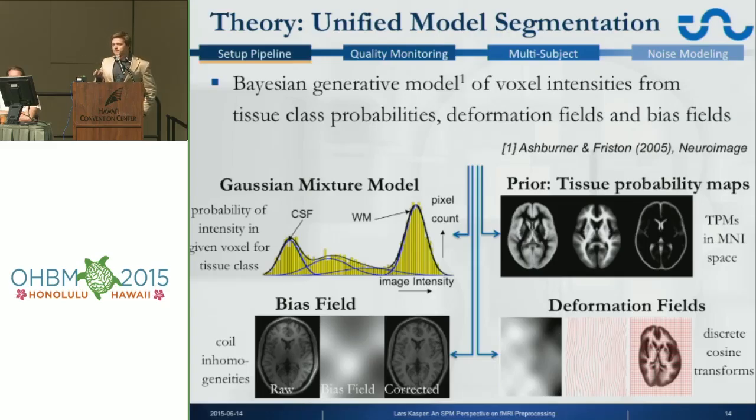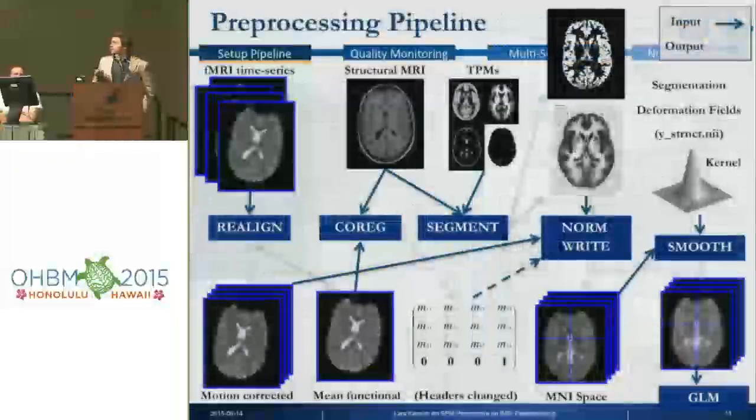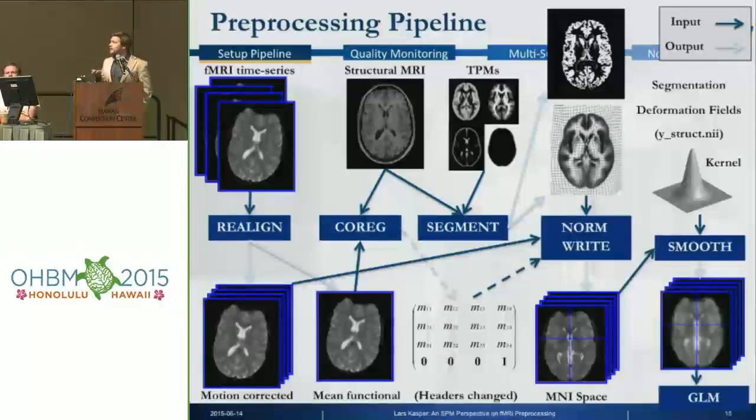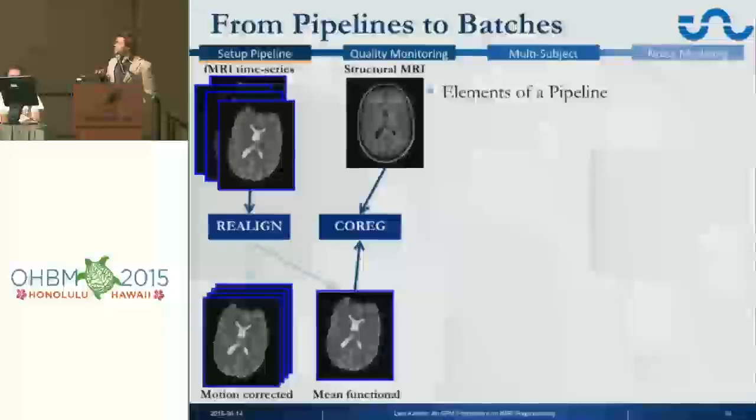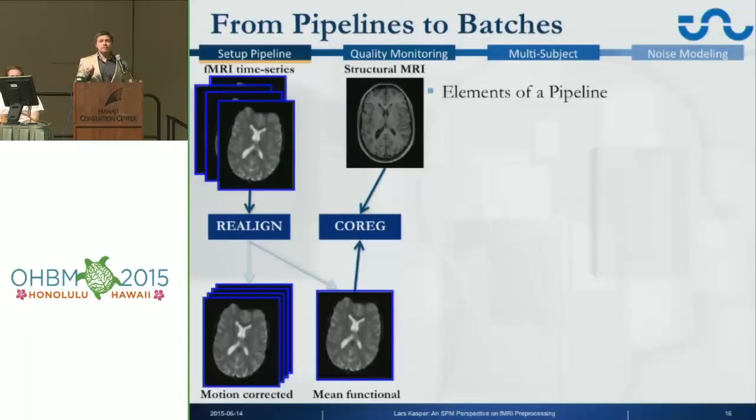Yeah, and this is important because we will later on talk about these deformation fields, or see these deformation fields, when the processing is performed. So now you should have the theoretical background to understand that whole pipeline. But now the question is, how do we actually get from this pipeline to a batch that can be used